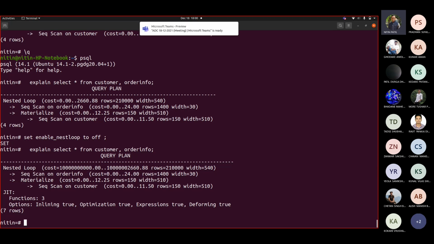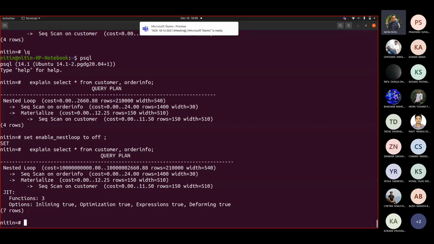Then sort, okay, good. Then nested loop, hash join, merge join. Add them. Hash join, good. Then merge join, because we saw merge join also, and merge join would be sorting first and then displaying.